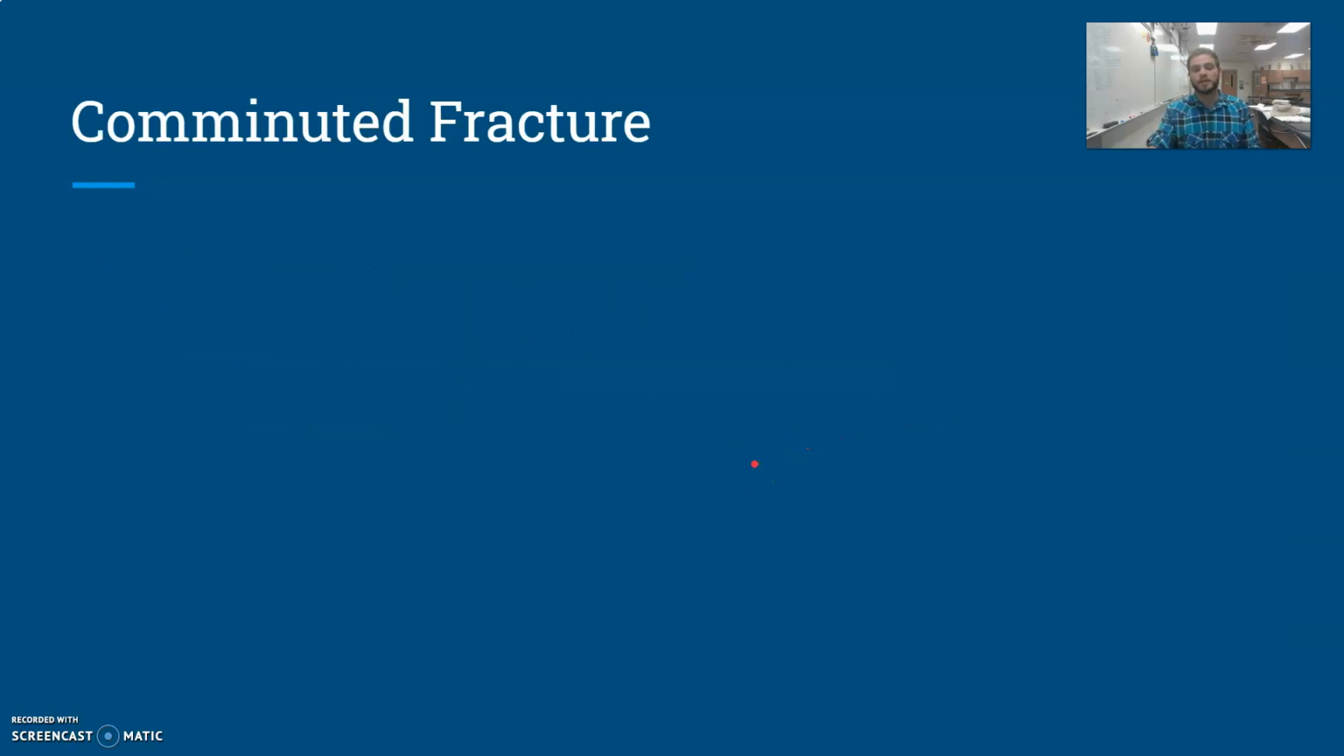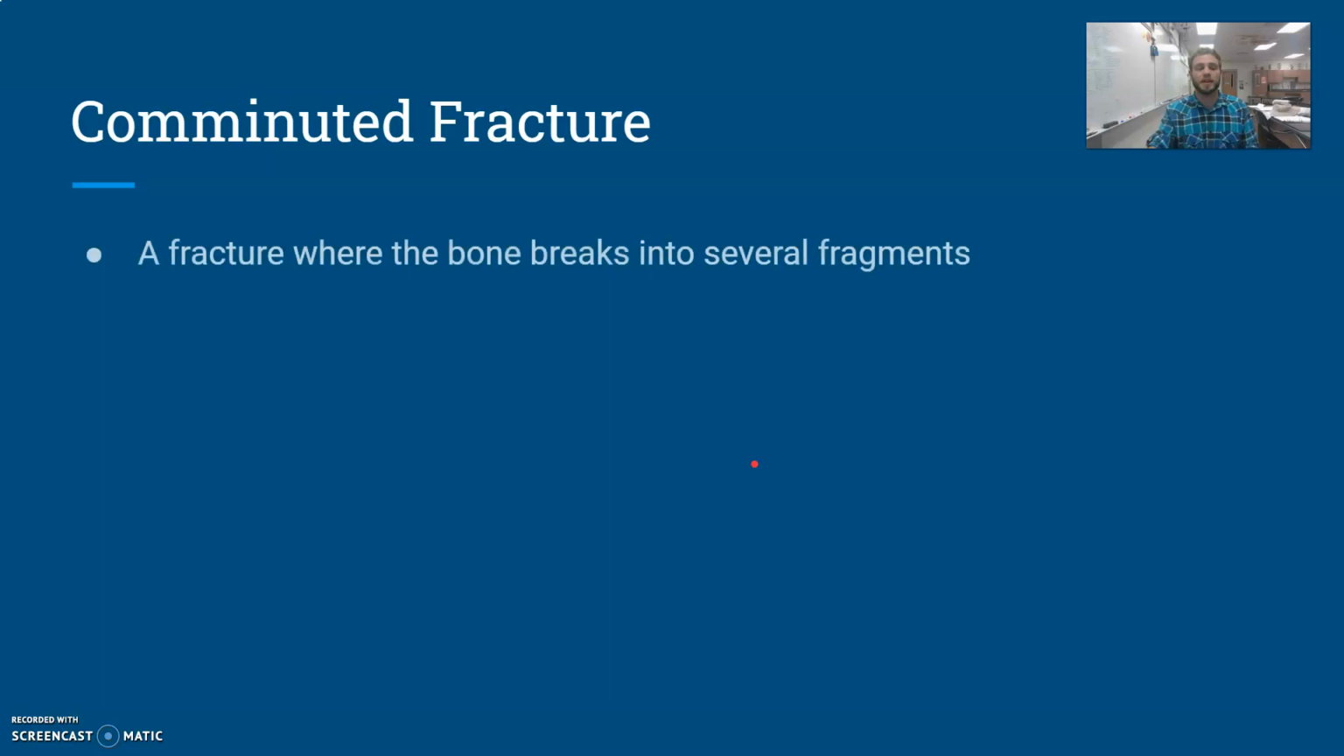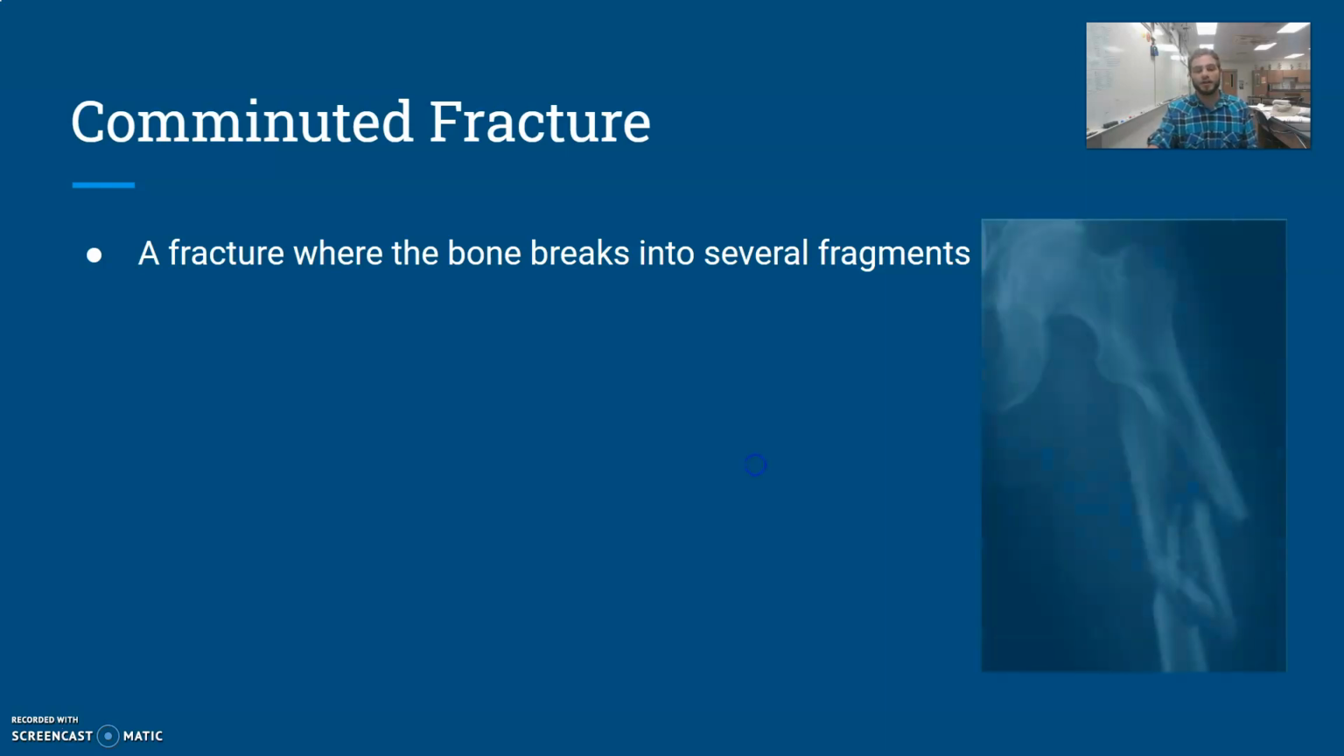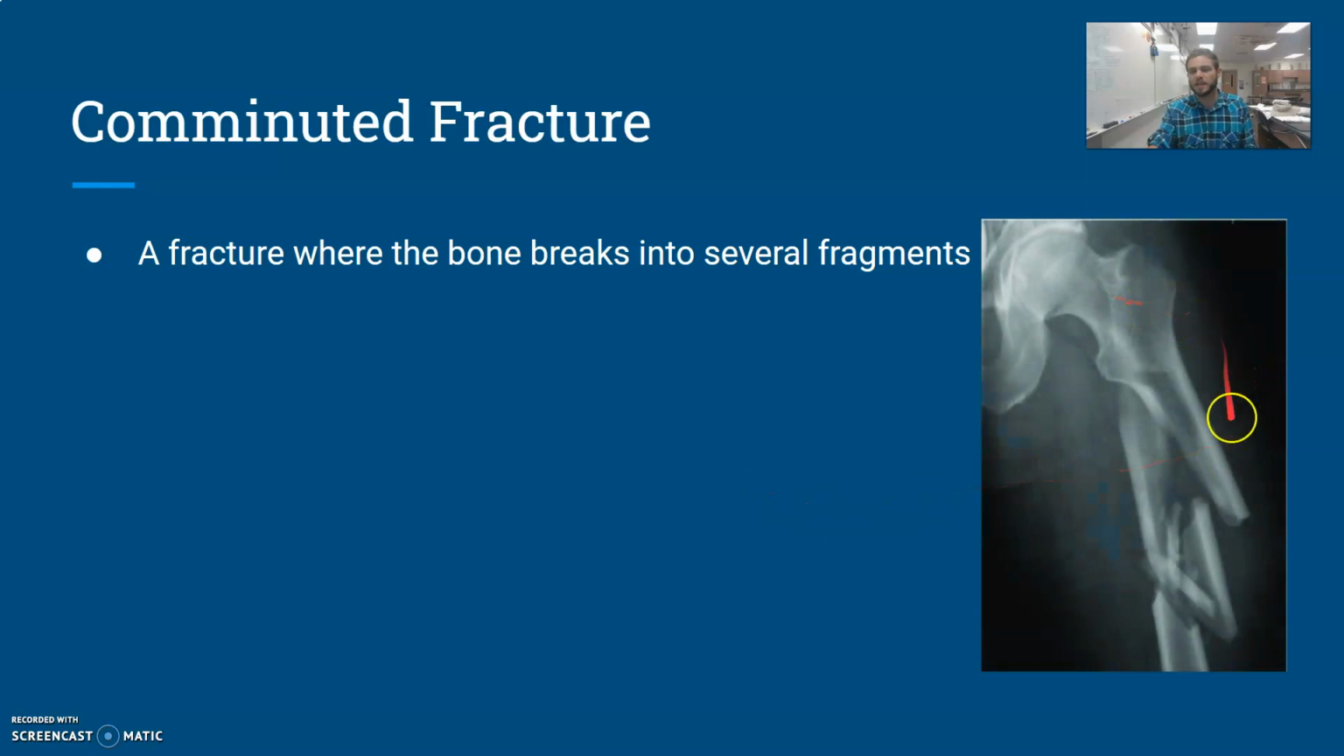Comminuted fractures, these tend to be everybody's favorite. This is when the bone breaks into several fragments. Really, three or more fragments is going to constitute a comminuted fracture. So we can see here, this is a femur that has suffered a comminuted fracture. You can see the femur is broken into 1, 2, 3, 4, 5, 6, 7, maybe 7 or 8